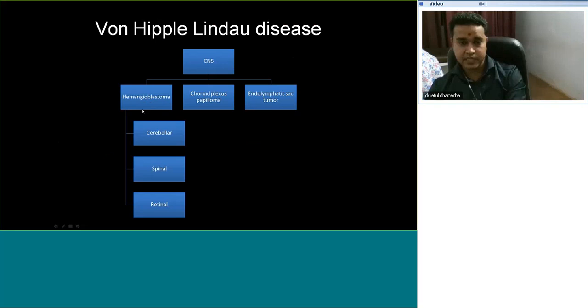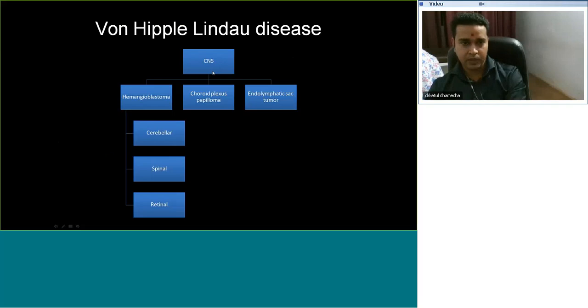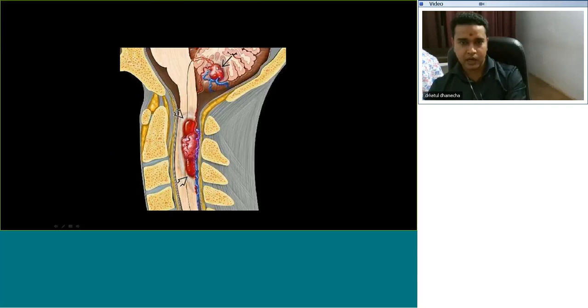Hemangioblastomas could be cerebellar, spinal, or retinal, most commonly in the posterior fossa. Others include choroid plexus papilloma and endolymphatic sac tumor. This is how a hemangioblastoma looks: a large cystic lesion with an enhancing nodule, which is adjacent to the pial or ependymal lining, with